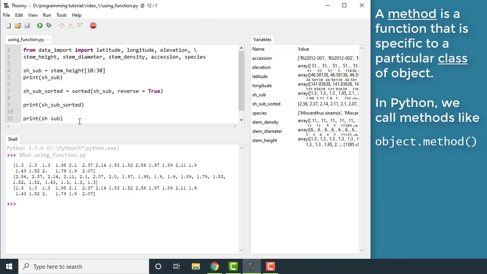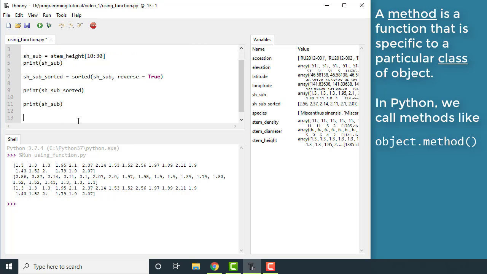Now I'm going to introduce something similar to functions called methods. A method is like a function, but it's specific to a particular class of object. Like a list is a class, it's a type of object you can have in Python. And it has a method called sort. So if I wanted to do that,